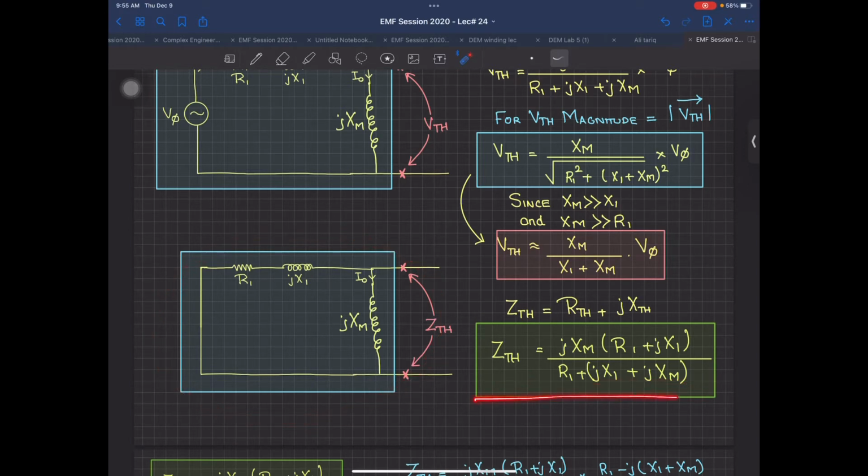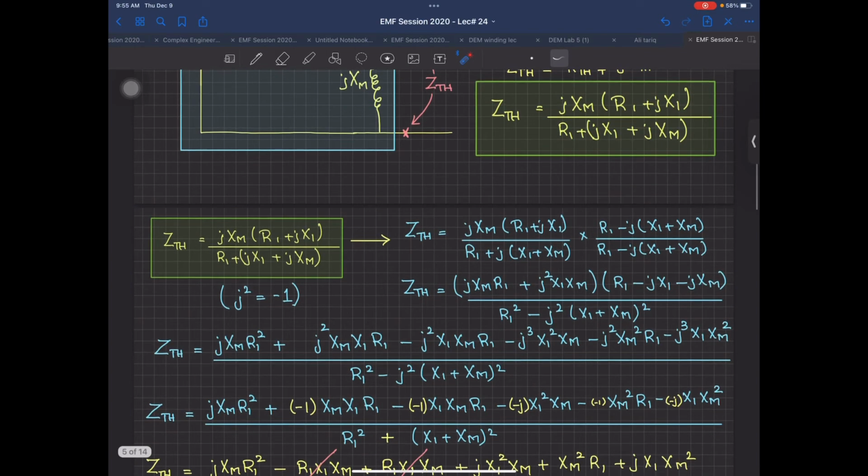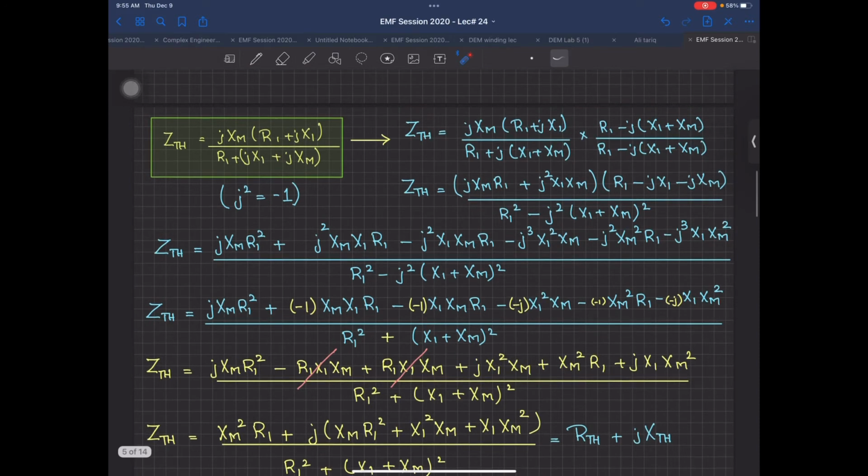Now I have this Z Thevenin over here, and this is a very complex term with the denominator having a complex value, and the numerator also having some multiplication being done. So what I am going to do is rationalize it. I hope you remember what rationalization is. I am going to take the denominator and multiply it by changing the sign. So this means Z Thevenin is equal to this one. I will share screenshots of this proof also, because this is not available in the book. So you can go through this one yourself.